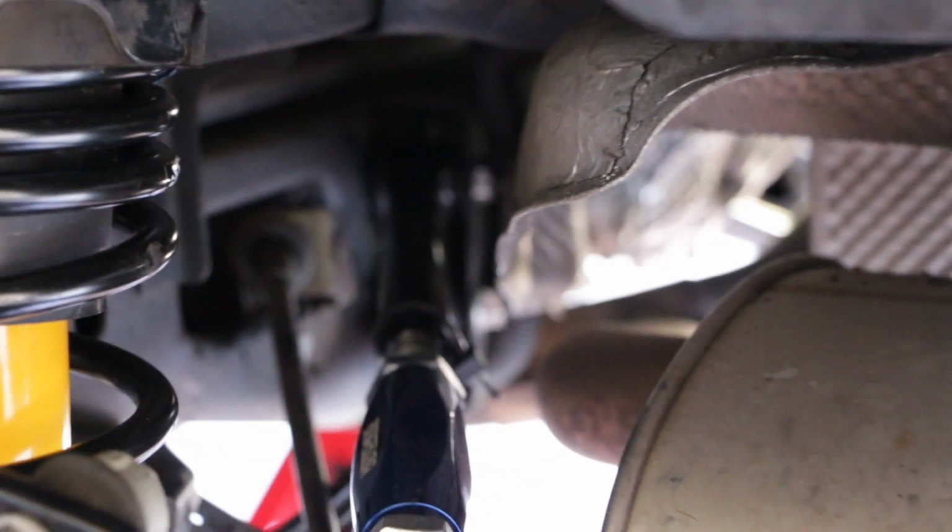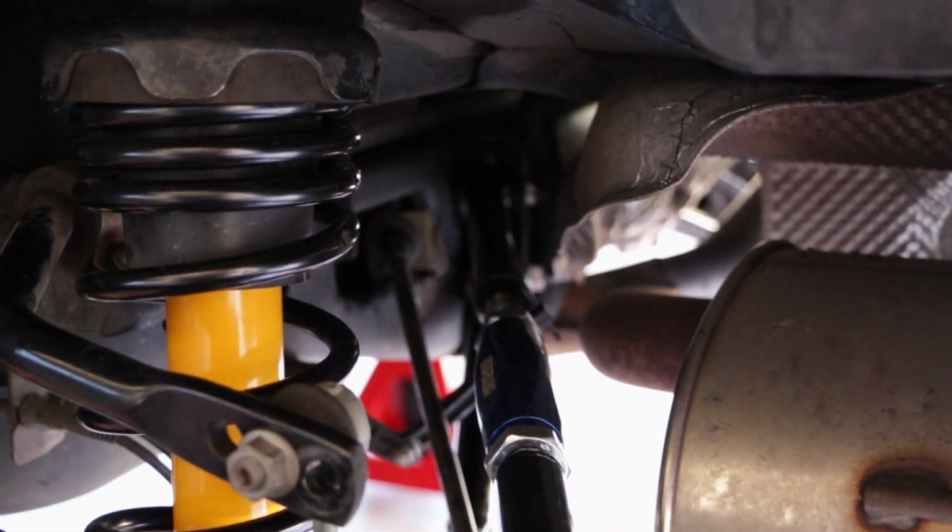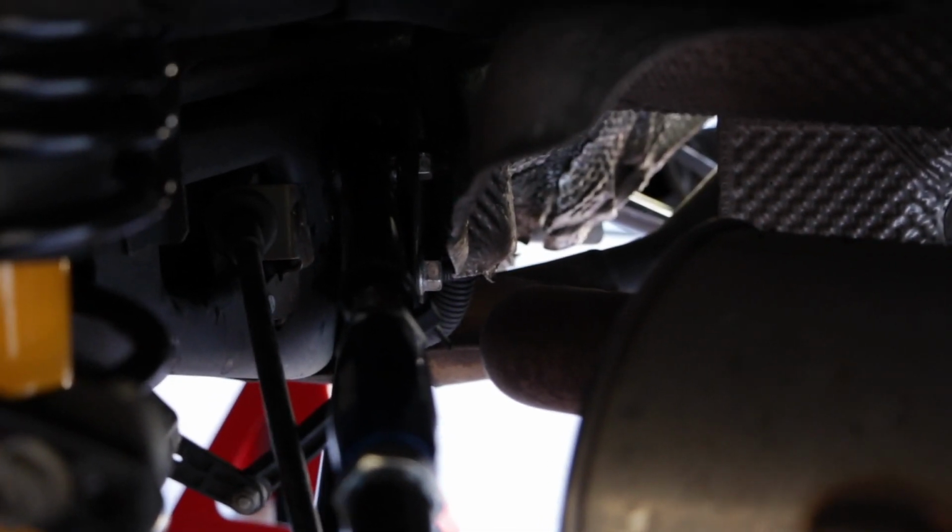Another thing, if your car has HID xenons, you will have leveling sensors on the driver's side rear and the driver's side front. More on the front in a second, because I actually have an issue with that. The new rear control arms won't have a spot for the bracket to bolt onto. So what Hotchkiss includes, if you buy all 4 of the camber links, is a small metal bracket with a large zip tie. So let me see if I can get a lower angle for you guys to see it better. That's the bracket